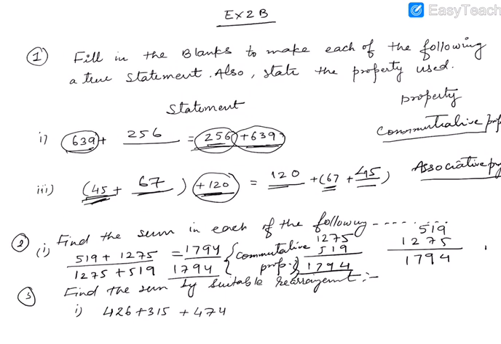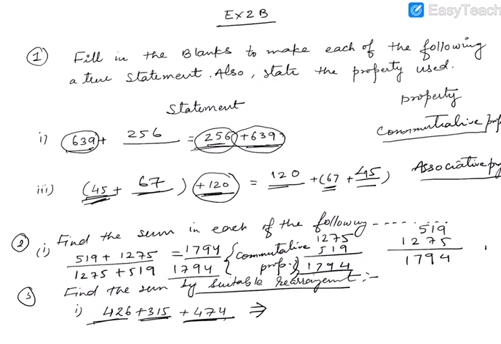Find the sum by suitable rearrangement. In the third question we have to find the sum by suitable rearrangement. What is suitable rearrangement? Here you can see that there are three whole numbers, and as per the associative property, if we change their order, it does not affect the answer. So we can change the order to make the calculation easier. What is the meaning of suitable rearrangement? It means we have to change the order of these three whole numbers